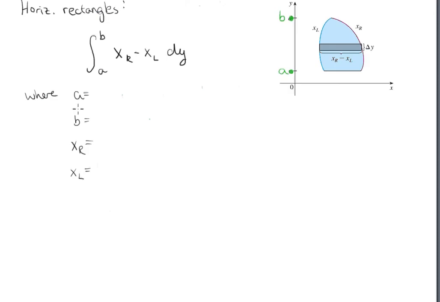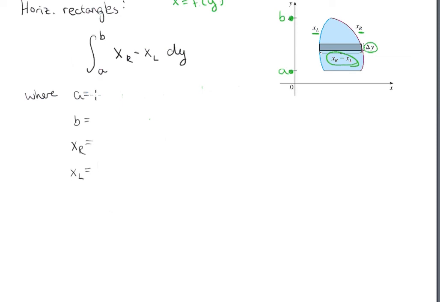Okay. I want to show you one more thing here. Instead of vertical rectangles, sometimes we will need horizontal rectangles. Usually this is when you can solve your y equals whatever equation, and it might look nicer to solve for x and get x is a function of y instead of y is a function of x. When this happens, you've got x is some function of y on the left, and x is some other function of y on the right, you can draw a bunch of little skinny horizontal rectangles with height delta y and width right minus left instead of top minus bottom,